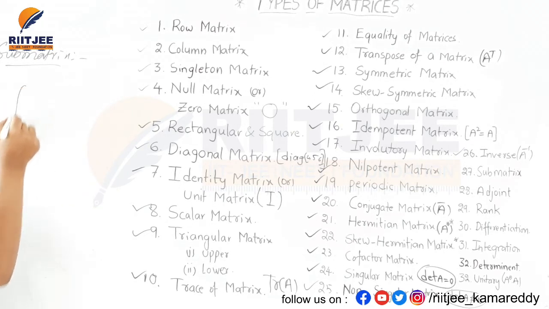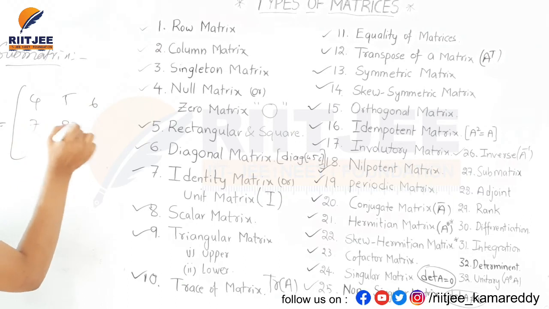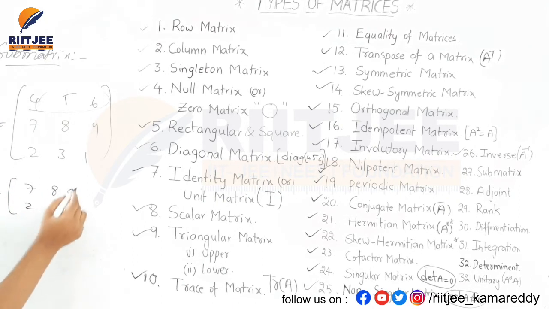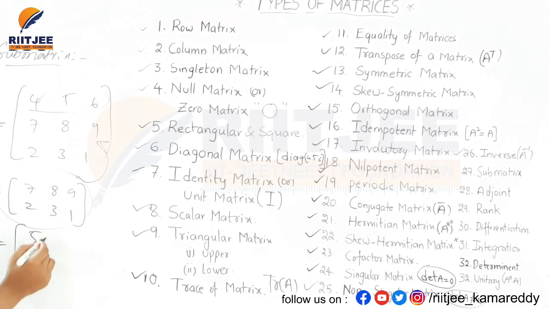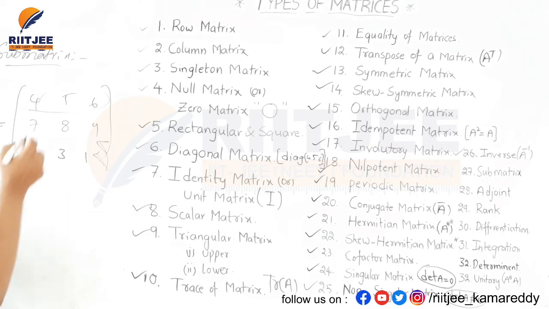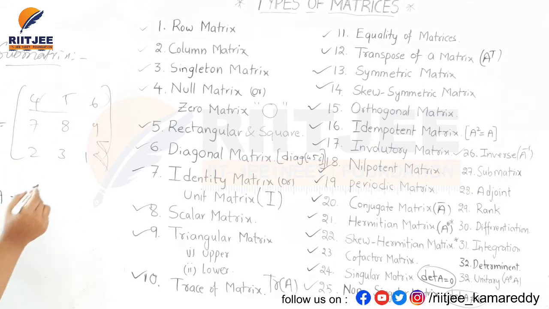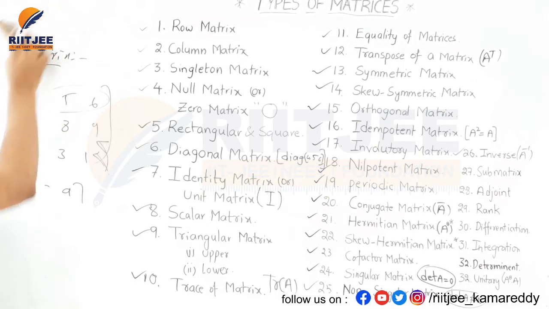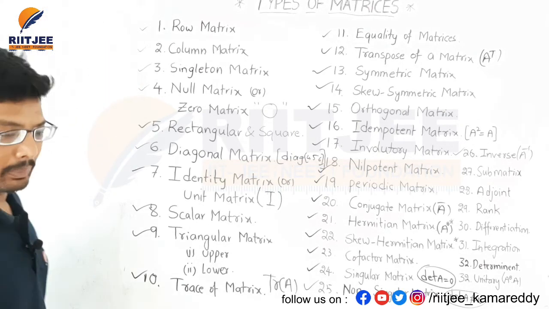A is a matrix 4, 5, 6, 7, 8, 9, 2, 3, 1. By eliminating one row, I get 7, 8, 9, 2, 3, 1. This is a submatrix of this one. Eliminating one column gives 5, 8, 3, 9, 6, 9, 1. This is a submatrix too. By eliminating a row and a column, I get 8, 9, 3, 1. This is a submatrix of A. This is all about submatrix, and the next topic is